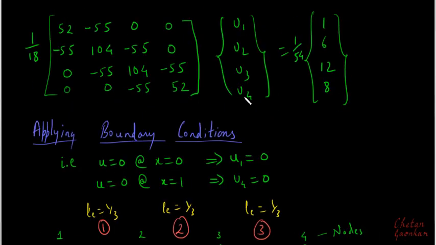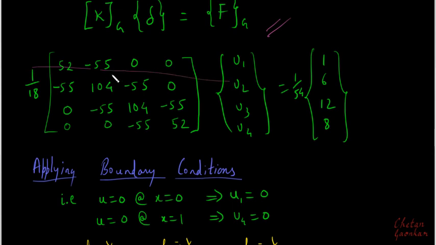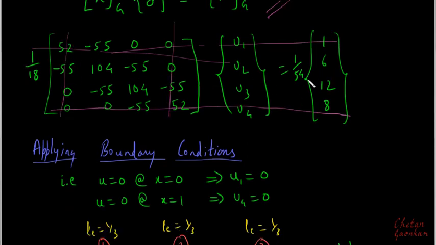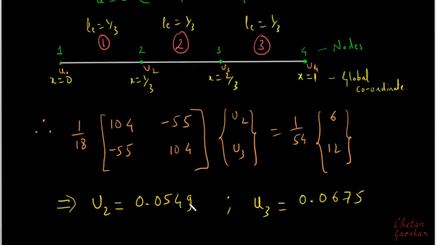If I substitute it here, we had seen that I can cancel the first row, the fourth row, the first column, and the fourth column, and then finally whatever remains will be rewritten here again, and that gives us our solution. So since this was the same problem, most of the steps were the same as we had done last time in case of Galerkin's method. But this is how we can solve the given problem using the variational method or using the weighted residual method in conjunction with the finite element method.